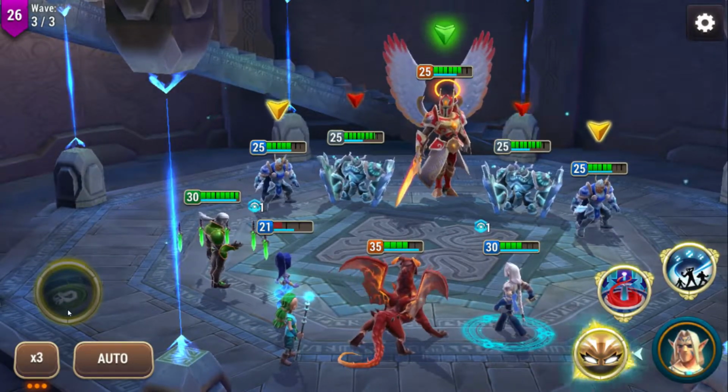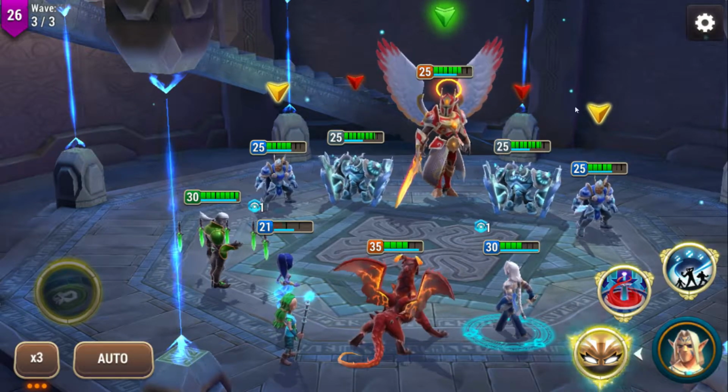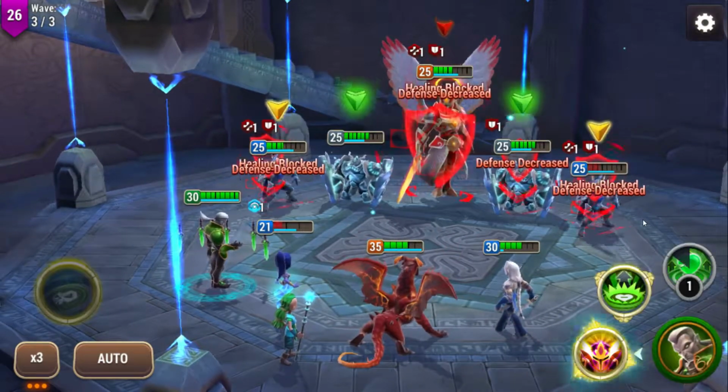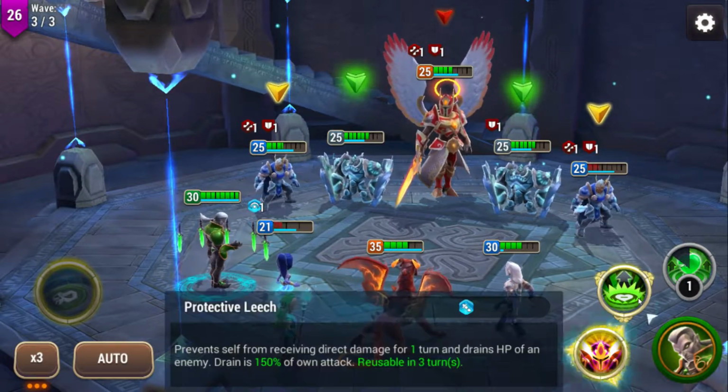So, cool, we've saved our mage skill, because obviously you're going to start off with that. Look at how much damage it did to the wave, it's great. And now we have a whole bunch of AoEs to use. So we're going to use Blade Dancer AoE, helps get everyone nice and low. We're going to use...